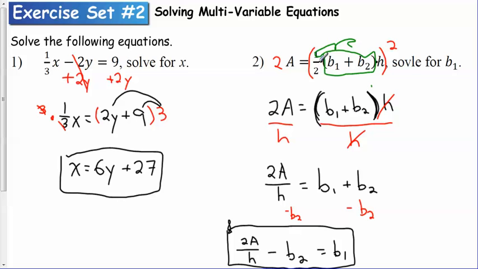So that's why I multiplied by 2 first, to get rid of this 1/2. And I divided by h next to get rid of the h on the outside. And then it was a simple process to go through. So sometimes you're going to have to follow the process that we normally use for solving. But sometimes, and the further you go in math, you try and isolate the object containing the variable you want and then solve from there. So hopefully you found this helpful, and the next process we're going to look at is solving